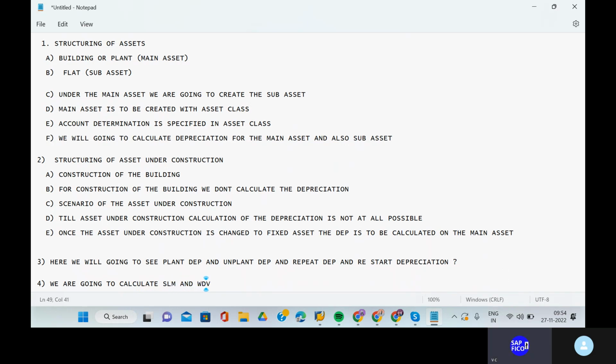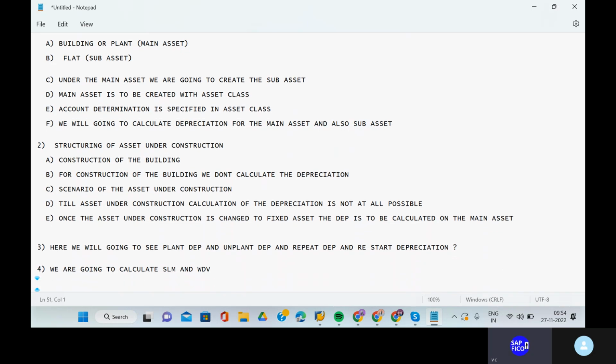And the fifth point is we will calculate the depreciation postings, and in the transaction code of